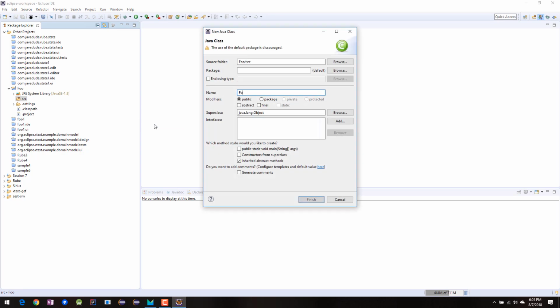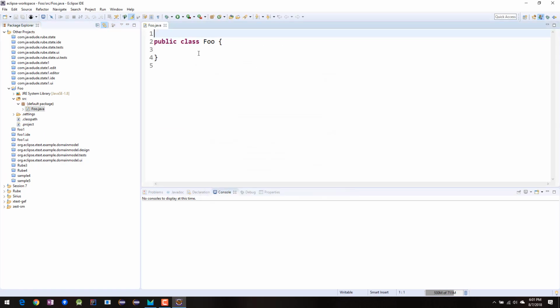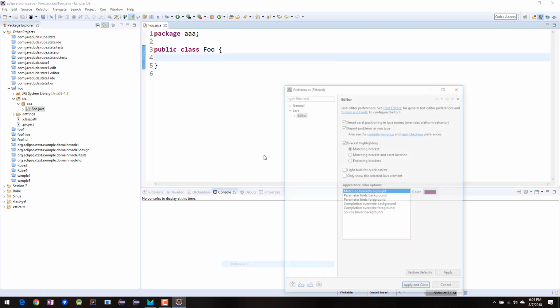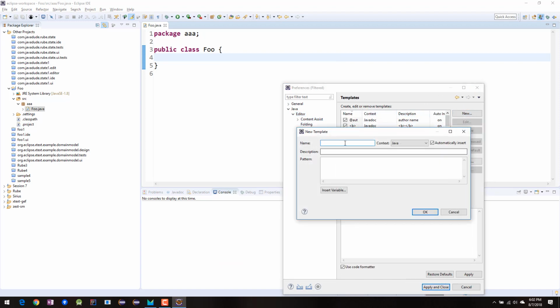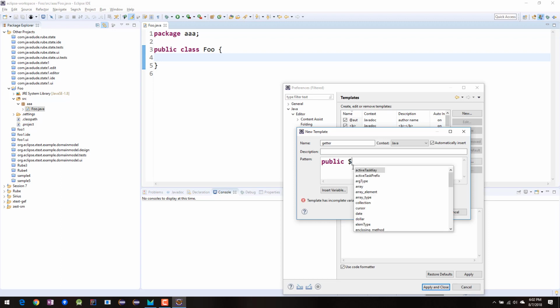new class foo, Java. I just hit Alt Enter. I meant to hit Command 1 or Control 1. So if I now go to Preferences, Editor, Templates, I can come in here and let's say that I wanted to have a getter, public, was it $, type